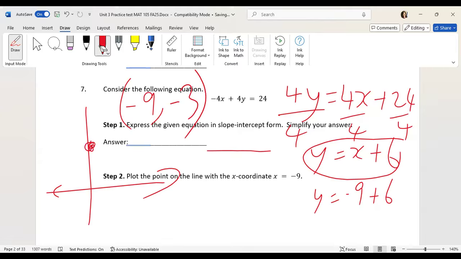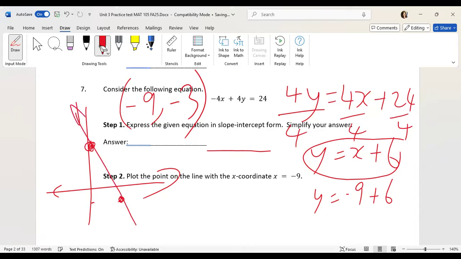So -9 means I'll go down 9 and go over 1. Let's say that 1 is here. And if I connect these 2 points, because 2 points make a line in a coordinate plane,